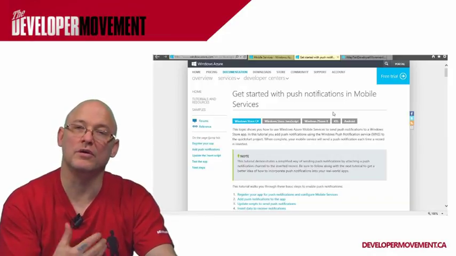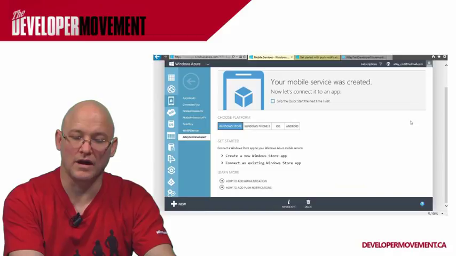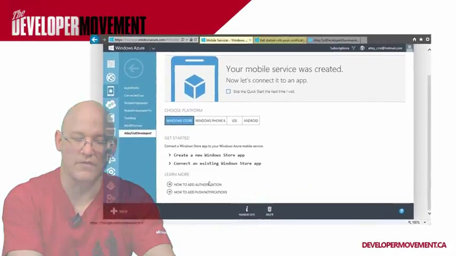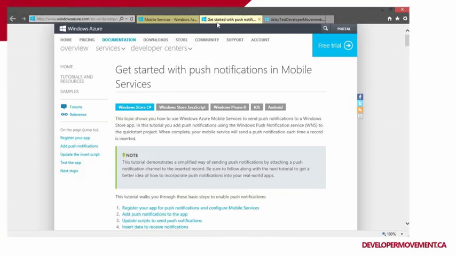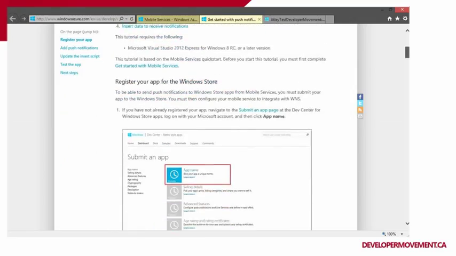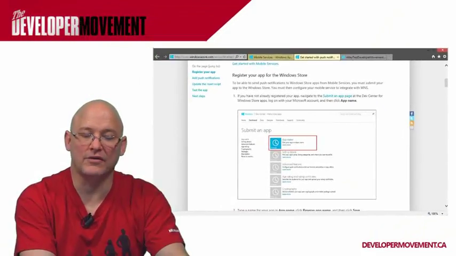So what you do is you go in on your Azure homepage for your mobile service, and you click on the Learn More on how to add push notification. That'll bring you to getting started with push notifications and mobile services. You'd select your platform, whether you're using Windows Store C#, JavaScript, Windows Phone 8, iOS, or Android, and it will walk you through step by step, including code tutorials, pictures, screenshots, and links on exactly how to get there